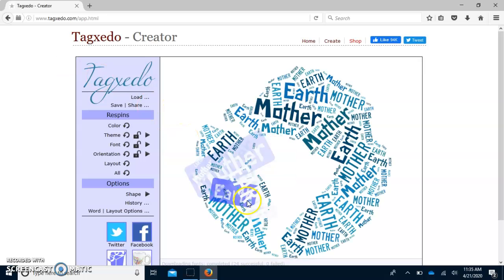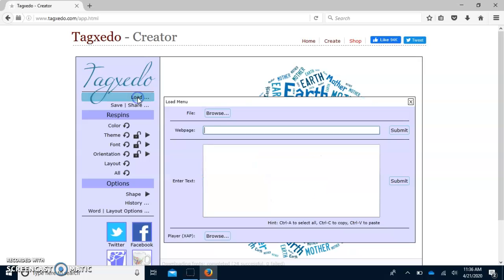Now, the default word cloud that's already going to be on here is for Earth Day, which is tomorrow, April the 22nd. So feel free after you complete your one from the STEAM board, if you'd like to go back and create one about Earth Day, that would be totally appropriate. But I'm going to show you how to create a spring word cloud. And the first thing that you will have to do, boys and girls, is load your words. So I'm going to hit on the word load, and then where it says to enter text, I'm going to